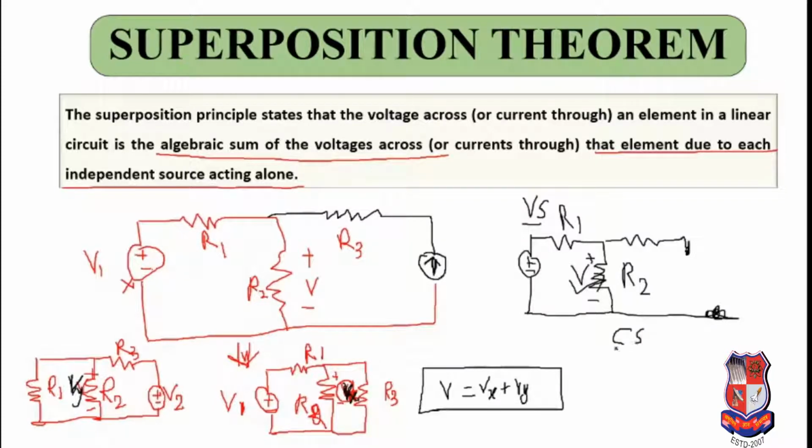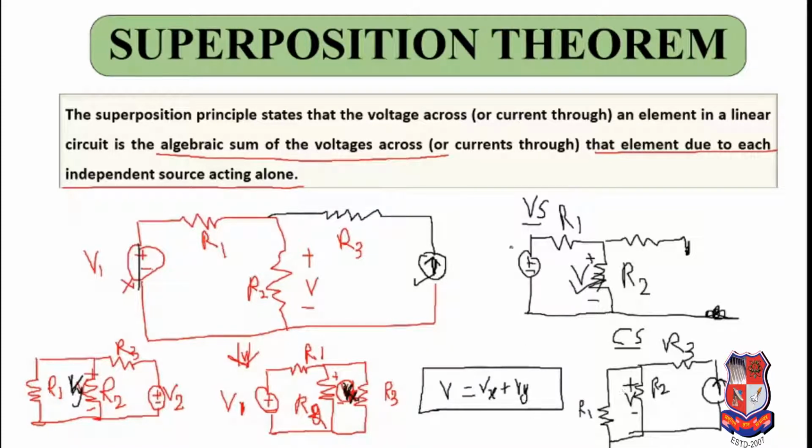Similarly for the current source you have to solve. When you are taking the current source, then the voltage source will be removed, so this is short circuited. So short circuit this, R1 will come over here, R2 will be over here. Okay, this is your R2, this is your R1, and over here this is R3, and you have a current source which will be over here, and you have to find the voltage across this R2. Then the addition of case 1 and case 2 will give you the final voltage across the R2.